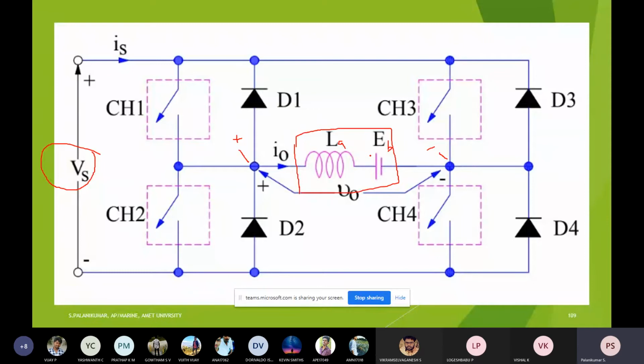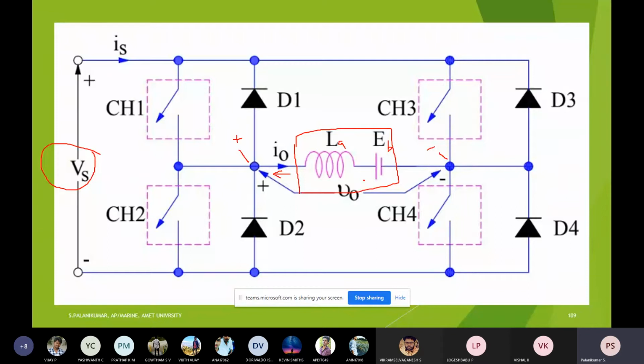So automatically when forward braking occurs, the voltage will be the same, whereas the current will be in the reverse direction. These are all basic concepts you already know. So automatically, as a multiplication, the power is negative. That means the motor is acting as a generator, so it feeds the power back to the source. It is called regeneration.